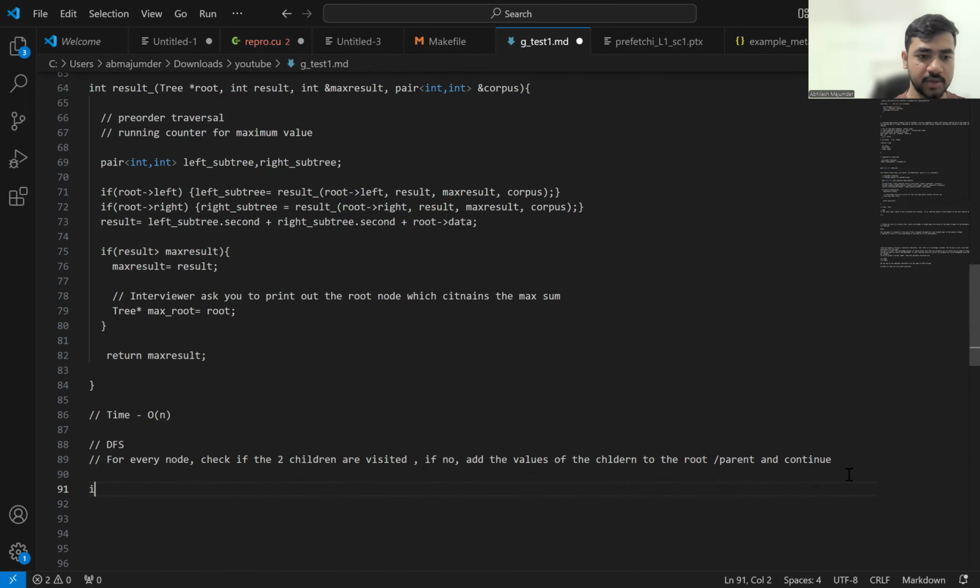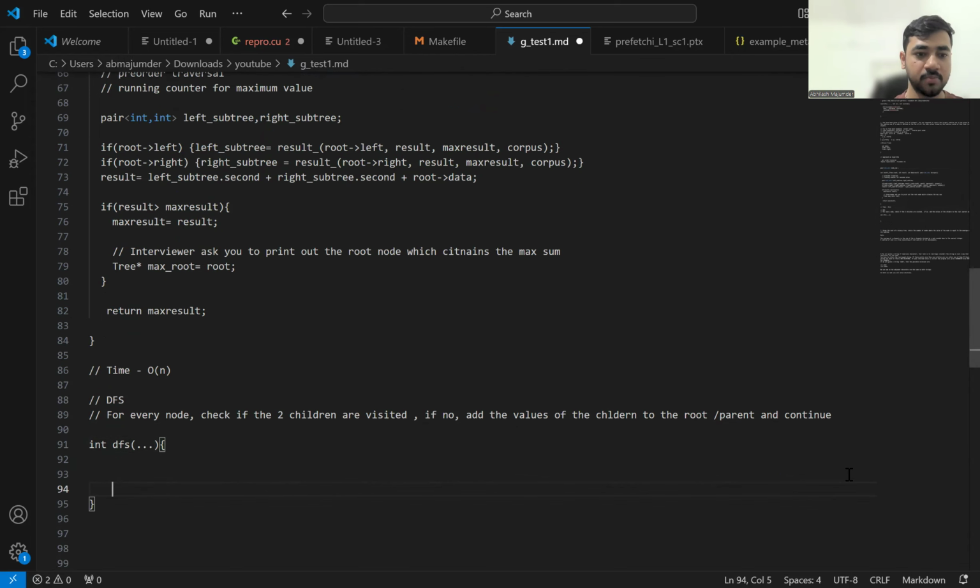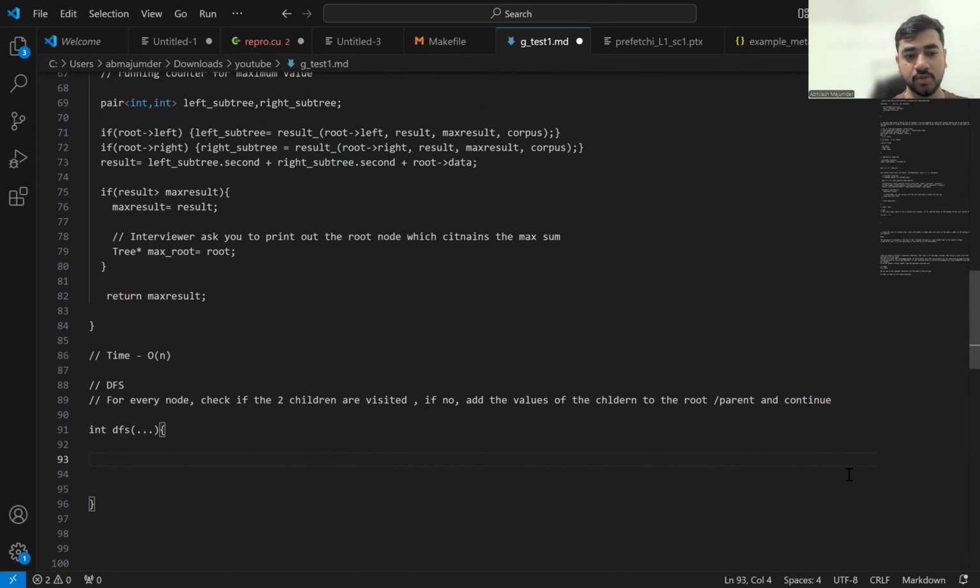So we can write something like an int DFS function. Same arguments, I'm just typing it as dot dot for ease of explanation. So here we are going to maintain a visited array as well. Visited is going to be a vector of tree star visited, and it is going to have the number of nodes, that is the node count. You can put it as an auxiliary value, right? And inside this, you can say something like